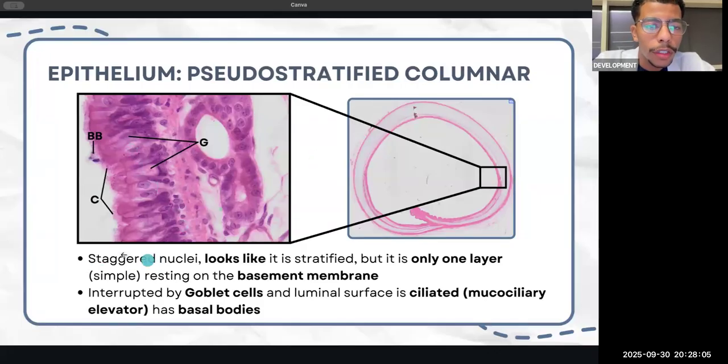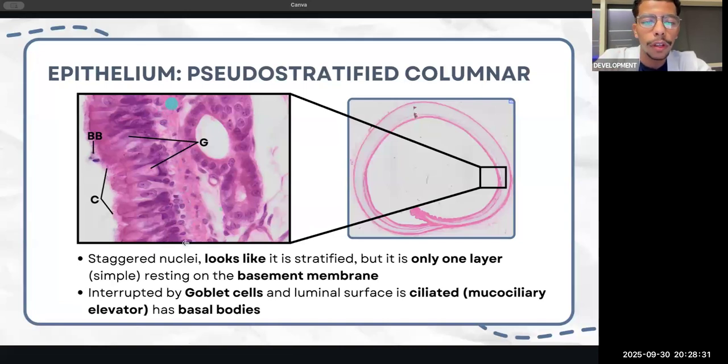Now, staggered nuclei means it's kind of up, down, up, down, up, down. Like a zigzag shape. And we said that it looks like it's stratified, but it's only one layer. Now, can you see here the nuclei are also towards what? Towards the basal side. And on the basal side, we have this basement membrane, which is here. Now, the basement membrane is what attaches the cells to the